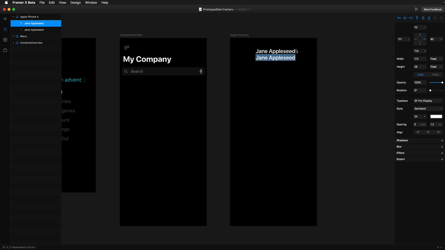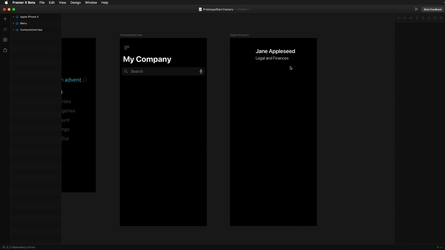to give her a position, let's say legal and finances, and decrease the size here a little bit, let's say 18, and maybe also go with thin, or maybe that's a little too thin, but light. I think that's kind of cool. And this is going to be the text part of my table view cell, but I also want to have